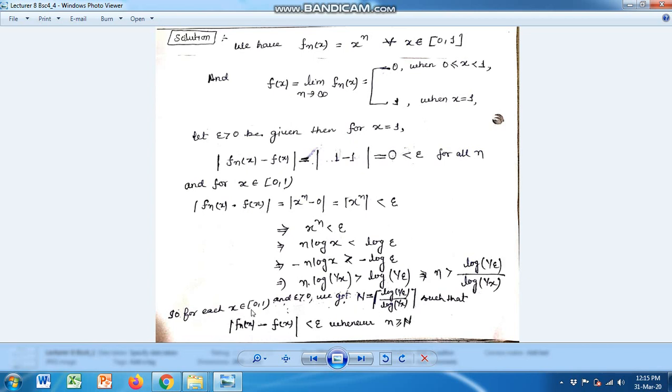So for each x belonging to the open interval (0, 1), and epsilon greater than 0, we get a natural number whose value is equal to the greatest integer value of log (1/epsilon) upon log (1/x), such that mod of f_n(x) minus f(x) is always less than epsilon whenever n is greater than or equal to capital N. This implies that the sequence of functions f_n(x) is pointwise convergent, because for each x, f_n(x) converges to 0 when x is not equal to 1, and when x is equal to 1